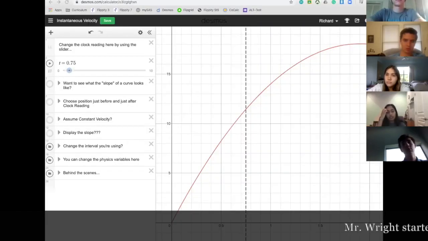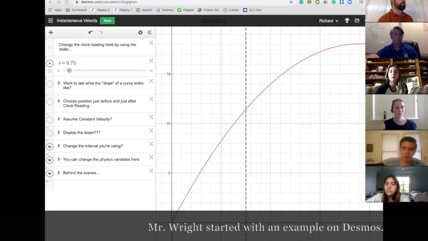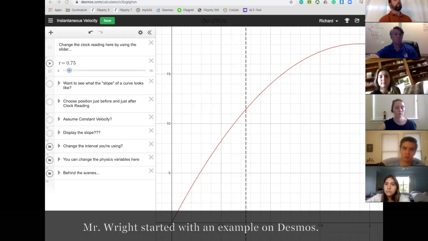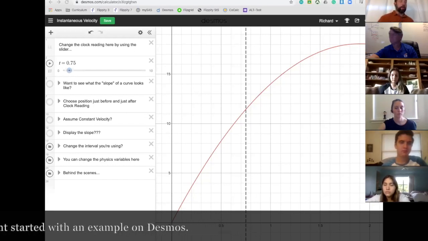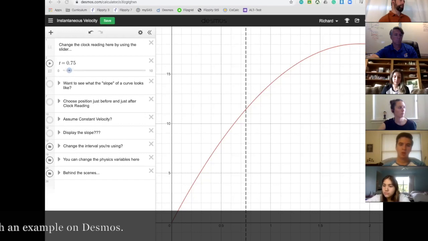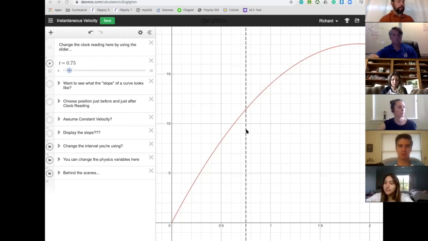Okay, so I was just going to show you another way of looking at what you're doing here. If this is a position clock reading graph for an object, we're observing that an object is slowing down uniformly. So the velocity is changing, and if we know that the velocity is the slope of this graph, it becomes more difficult because how do you find the slope of a curve? And so the technique that you're doing in this activity in particular, you've done a previous activity as well, is